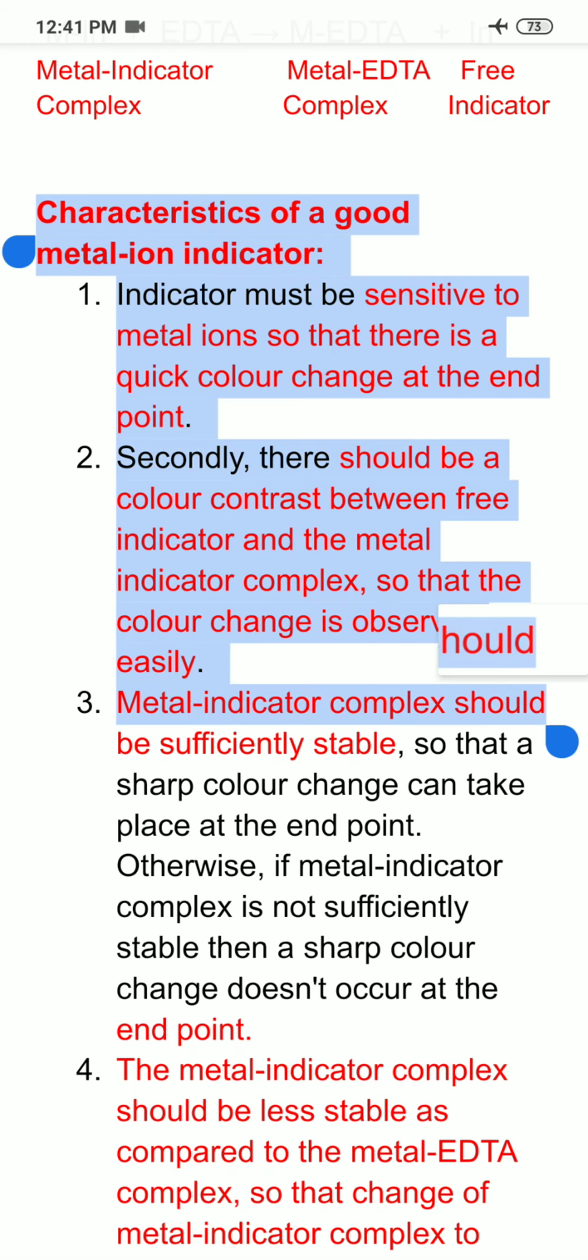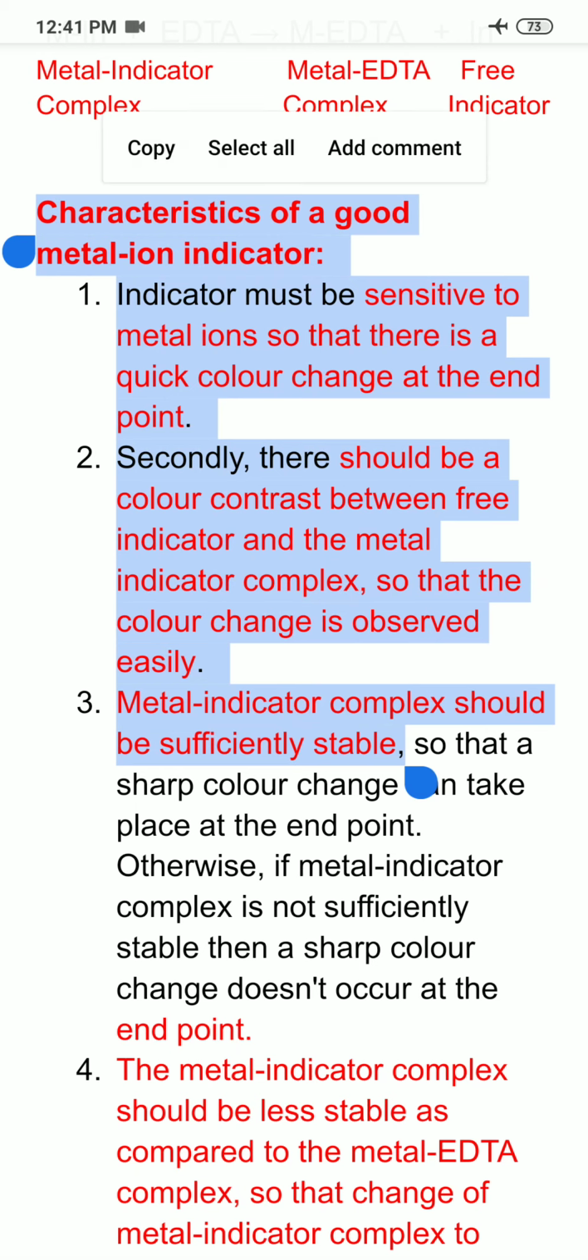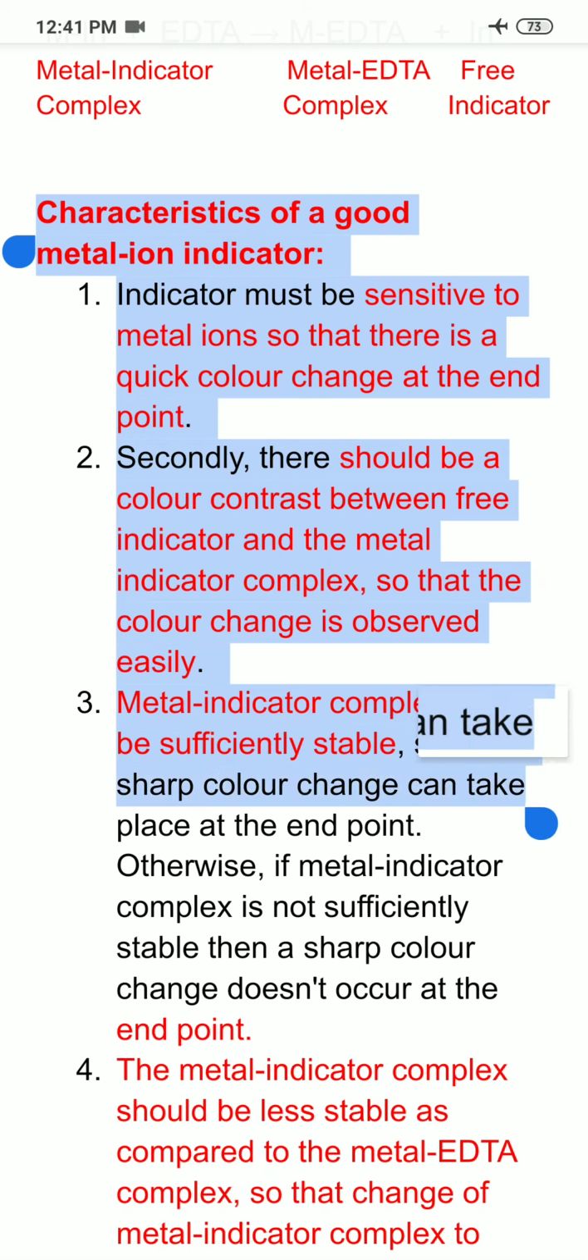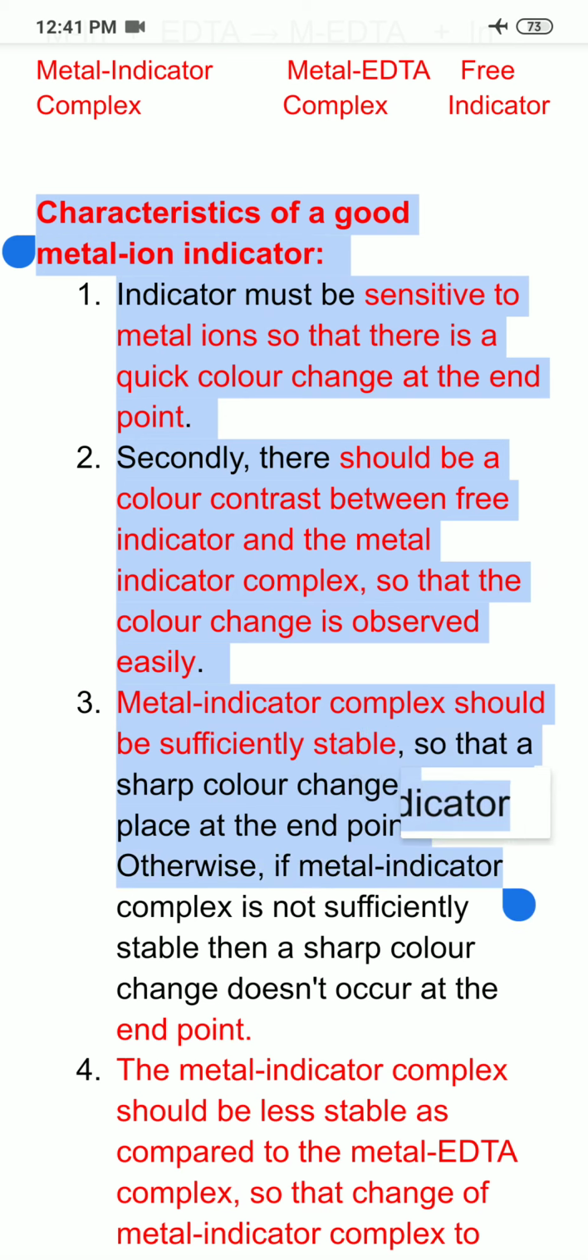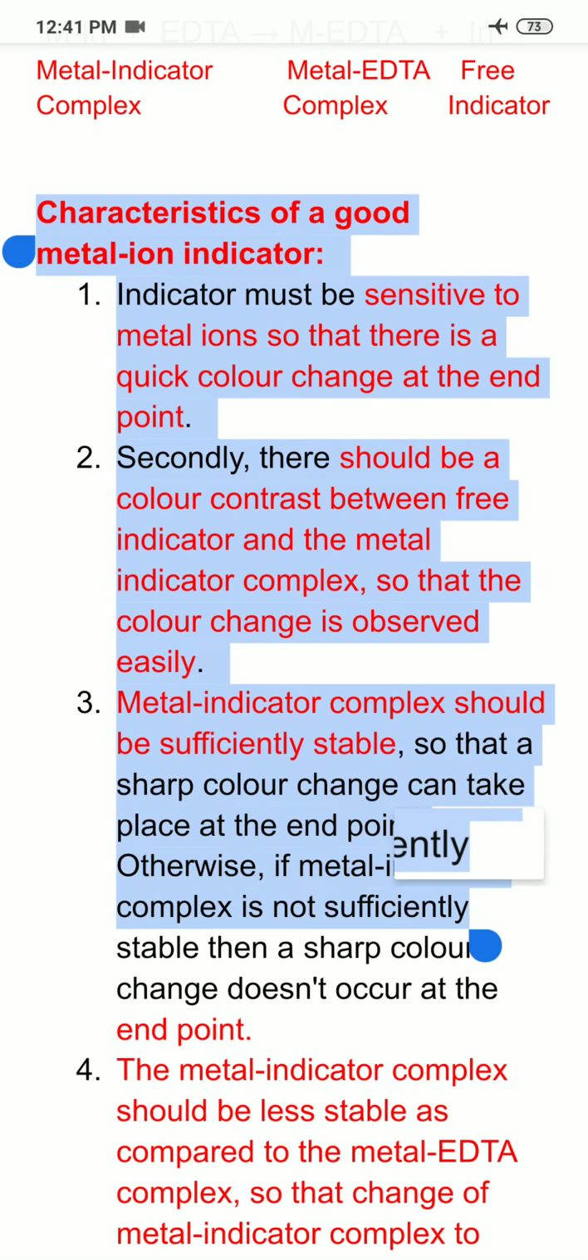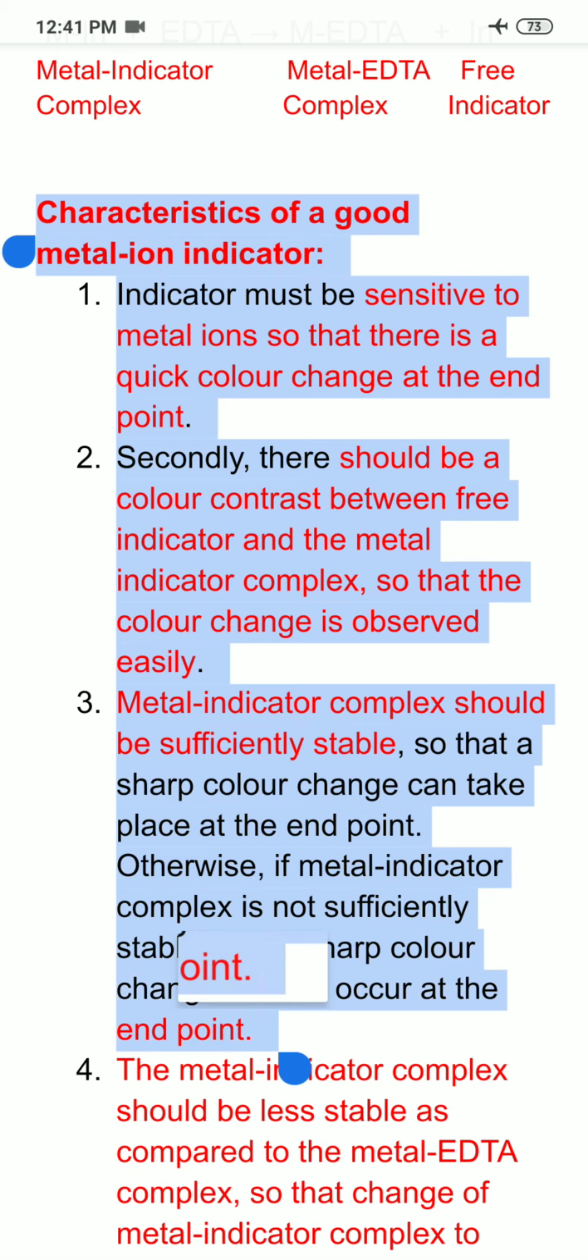Thirdly, metal indicator complex should be sufficiently stable. Why? Because if the complex would be unstable, then there will be no sharp color change. So in order to get a sharp color change at the end point, the metal indicator complex should be sufficiently stable. Why? Because if metal indicator complex is not sufficiently stable, then a sharp color change does not occur at